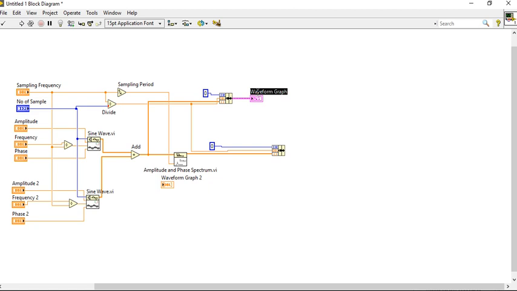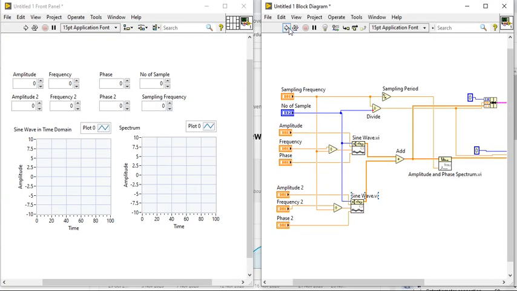It is a multi-tone signal, but the sine wave in the time domain, and this will be the spectrum. Let's come into the front panel and plot. Now set some inputs. The number of samples will be 200.